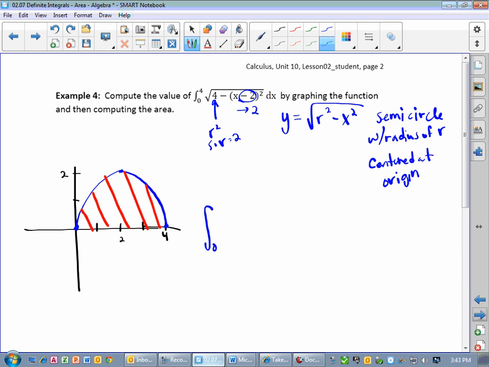So the integral from 0 to 4 of the square root of 4 minus (x minus 2) squared dx is equal to, now how do we find the area of a semicircle? Half pi, and then what's the radius here? So half pi 2 squared, which gives us